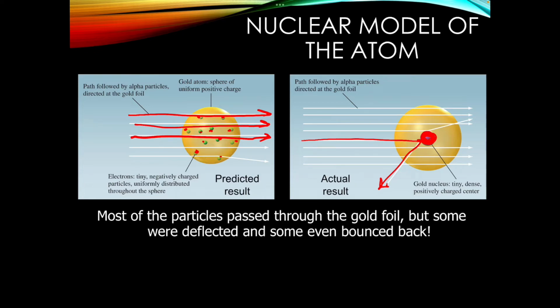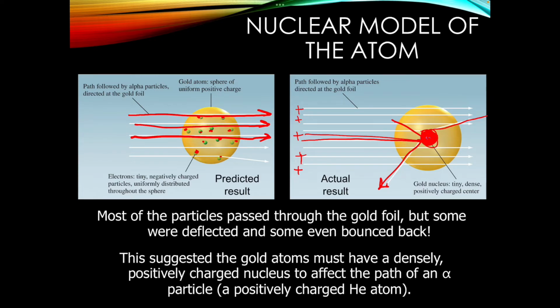Okay, so he said, there's this thing in the middle, and it must be really, really solid and dense for it to be able to hit it. And it's not attracted to it. So it can't be an electron, because all of these beams that I'm shooting are positively charged, and if that was negatively charged in the middle there, it should stick to it because opposites attract. But it's not. It's bouncing off of it, or being deflected by it. So it's not attracted to it, it's actually being repelled by it. So that means that this thing in the middle must be positively charged. So he said that something in the atom is very, very dense and positively charged, which is making all of these alpha particles bounce back.